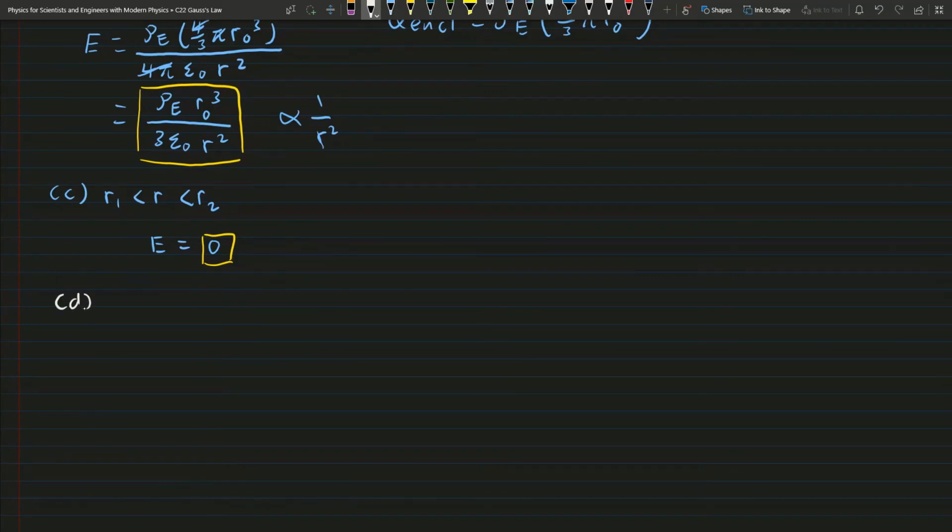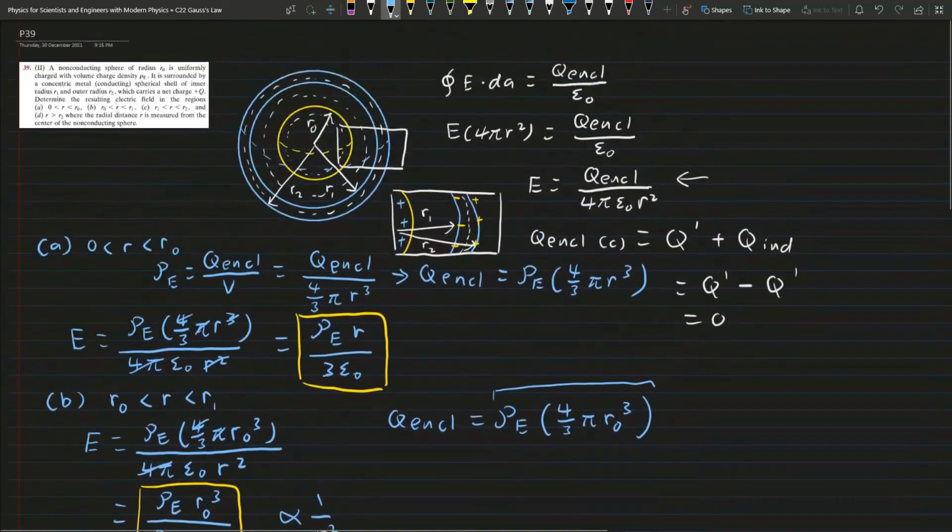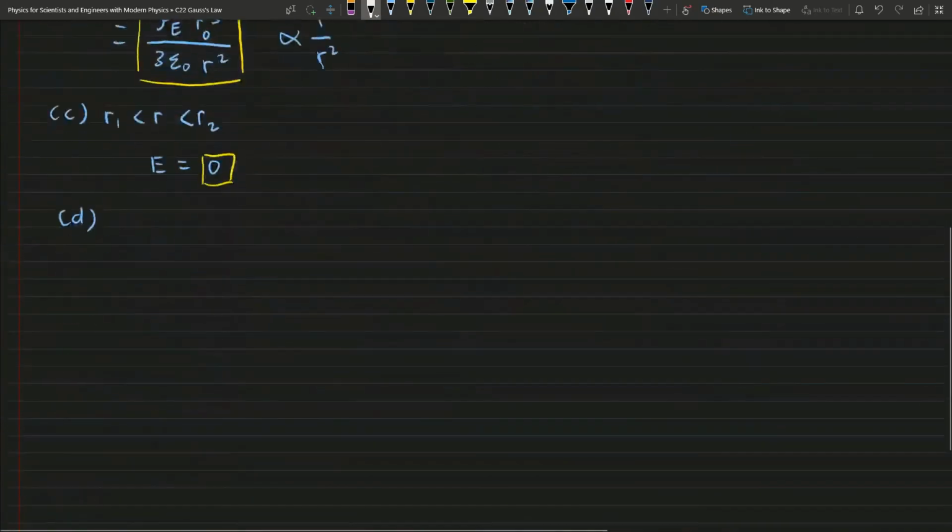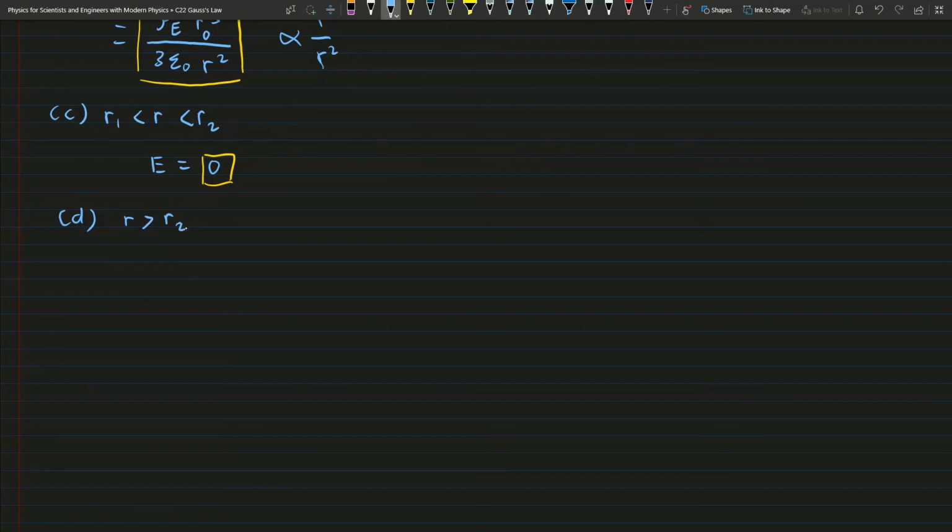Now we go to D. D is R greater than R2. So this encloses all the charge. This is case D, R is greater than R2. In this case, this Q enclosed will equal